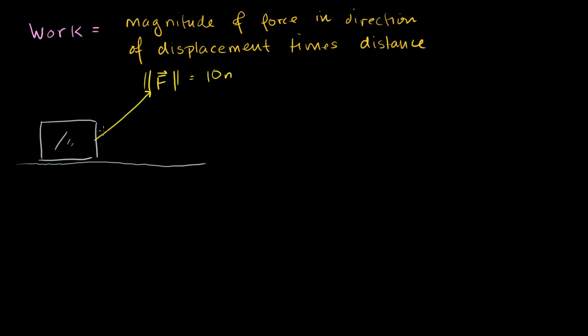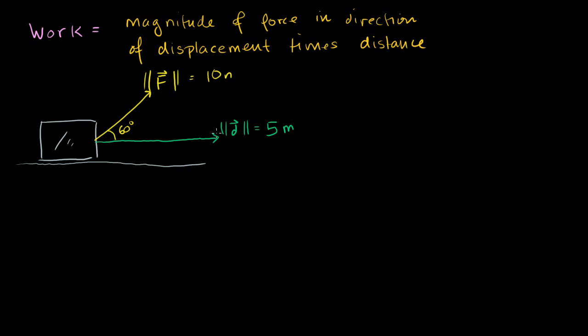And let's say the direction of my force vector, right? Any vector has to have a magnitude and a direction. And the direction, let's say it's a 60-degree angle above horizontal. So that's the direction I'm pulling in. And let's say I displace it, and this is all a bit of review, hopefully. Let's say you displace it, that's the displacement vector right there, and the magnitude of it is equal to 5